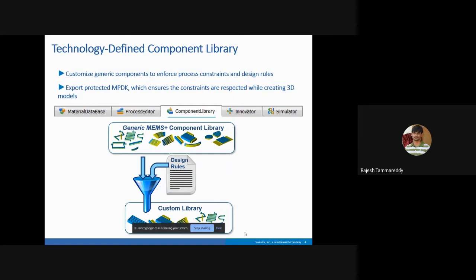And not just that. Whatever you are seeing, all these three, the first, second, and third tabs, all this information comes from the foundry. The material information comes from the foundry, the process flow will be given by the foundry, and these components will have DRC rules. This also comes from the foundry. So you can directly feed this information into the software so that you avoid a lot of mistakes in your designs.